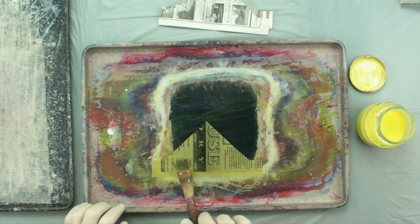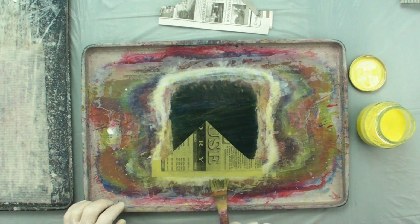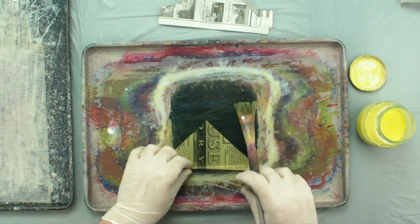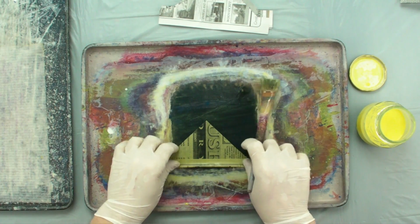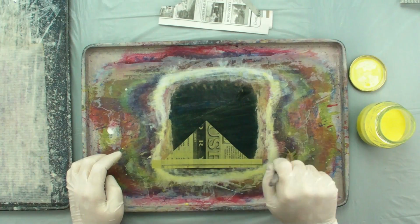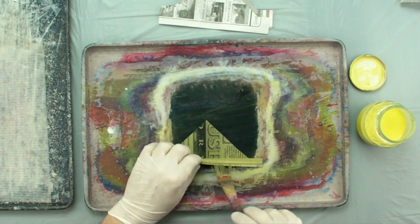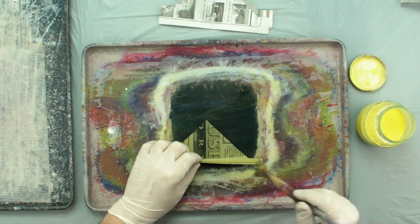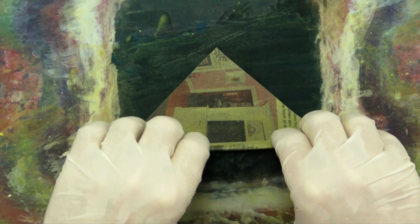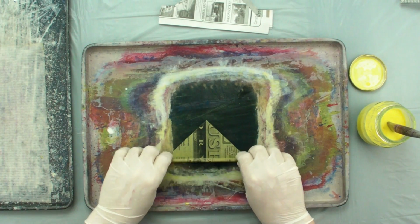Just like that. Now making sure, number one, there are no air bubbles, and that number two, it's a little bit translucent so that it's really saturated. And now I lift the bottom edge and I fold it up, just like that, and I use my brush to sharpen the fold I just made and to make sure there are no air bubbles there. And then I use my brush again to lift up the bottom edge. And now I'll put my brush back in the solution, and I just curl this edge up, just like this,